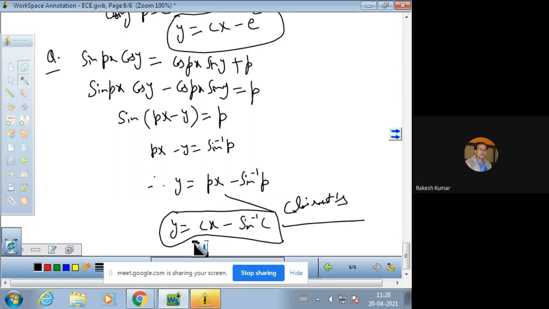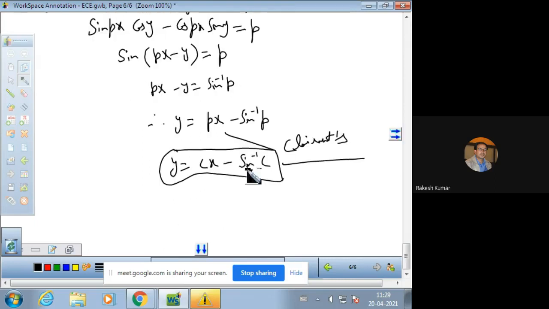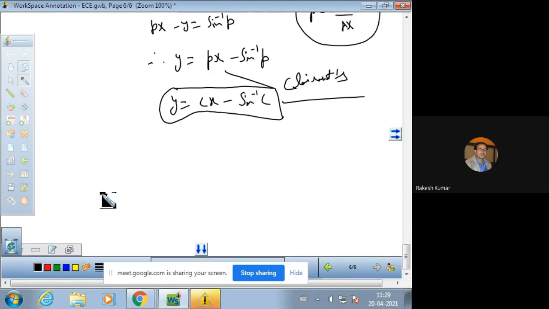The solution of the differential equation should not involve p. So the main target is we have to eliminate p, because p is actually the differential dy by dx. If p remains in the solution, then the differential is still involved, so it is not the solution. So for finding out the solution, we must eliminate p at last. We have another question. When there is no direct Clairaut's form, you have to convert it into Clairaut form.